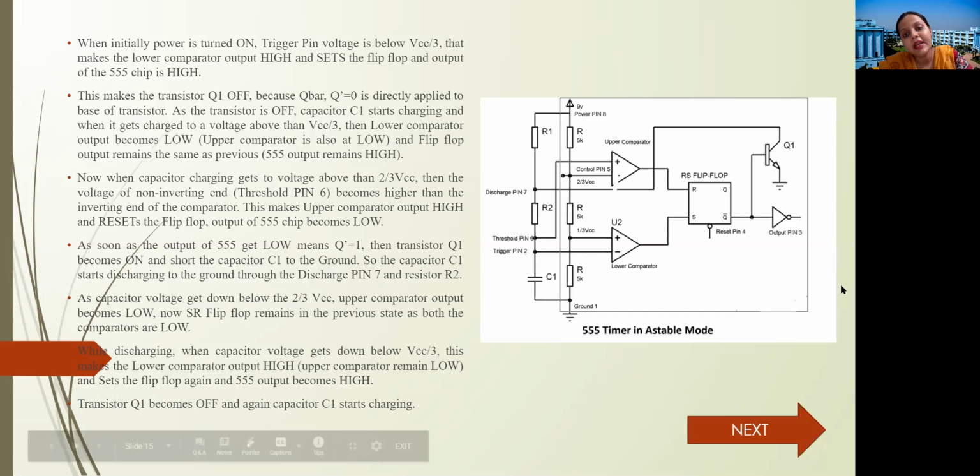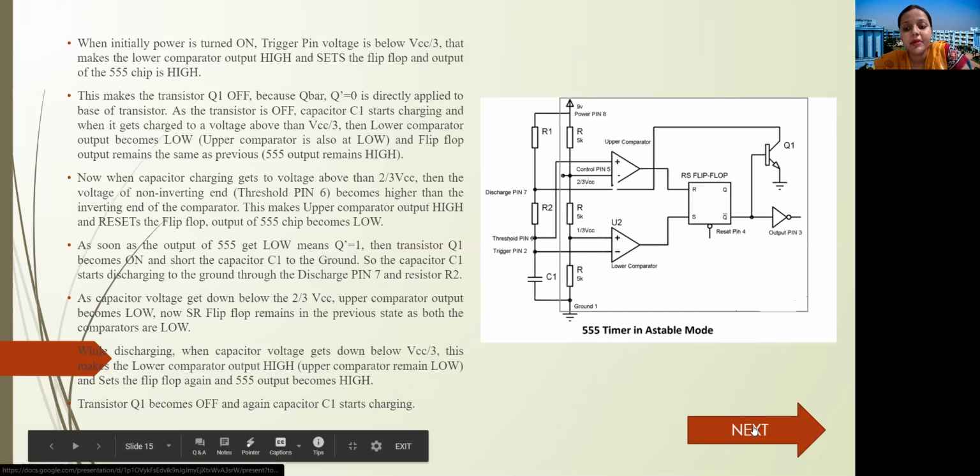Right? Now we can see the capacitor is getting charged through R1, R2, but it's getting discharged only through R2. So we can analyze here that the charging time of the capacitor will be much higher than the discharging time of the capacitor, right? In case of discharging time, it only travels through resistor R2, and that is why there is a difference between the pulse in on state and off state of an astable multivibrator.